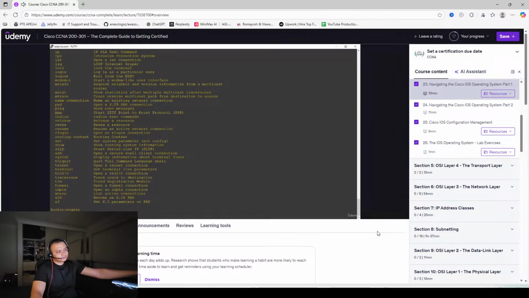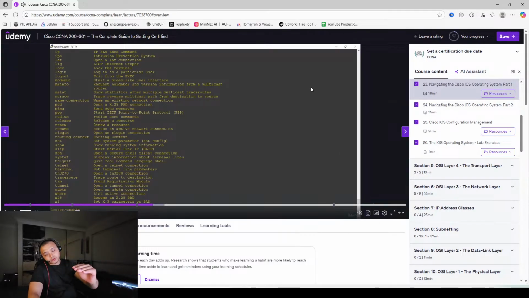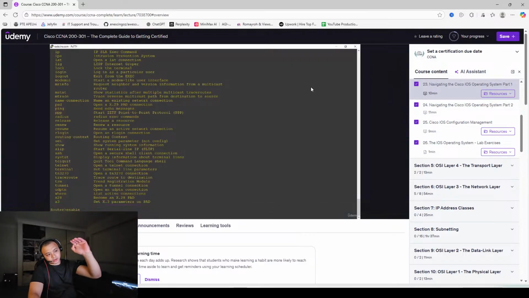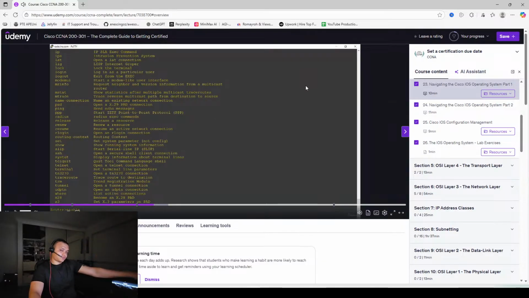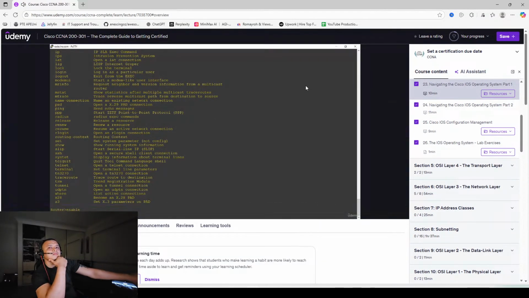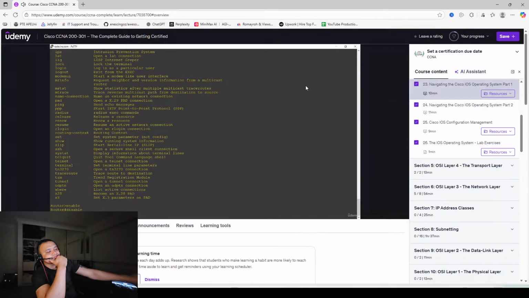But when I go to the privileged exec mode with the enable command, it changes to show the host name and then a hash. So you can tell by the command prompt what level you're currently at. If I wanted to drop back down to the user level, which normally you wouldn't want to do, I can enter the disable command. Okay, so now I'm going to go back up to the privileged exec mode,